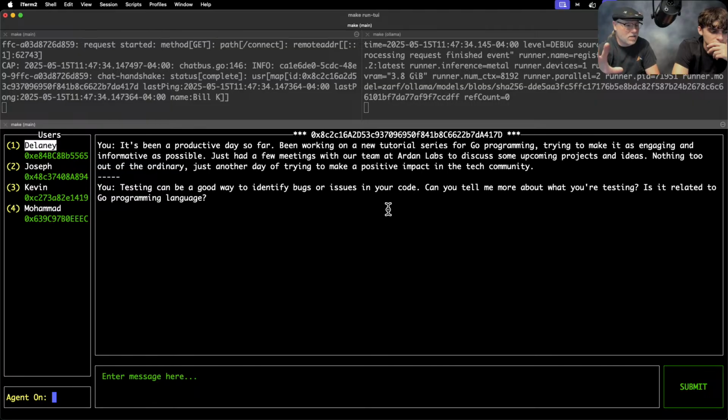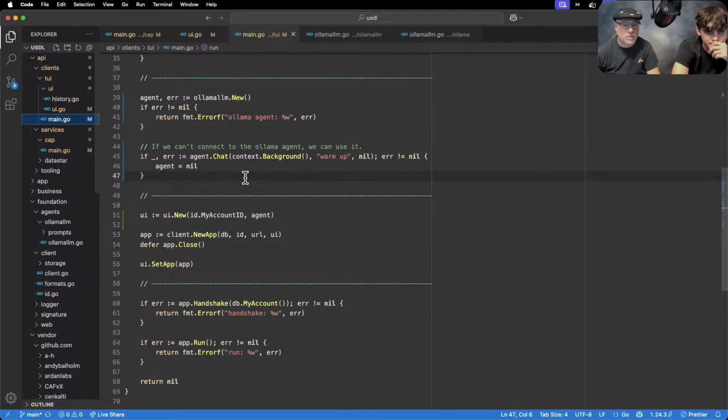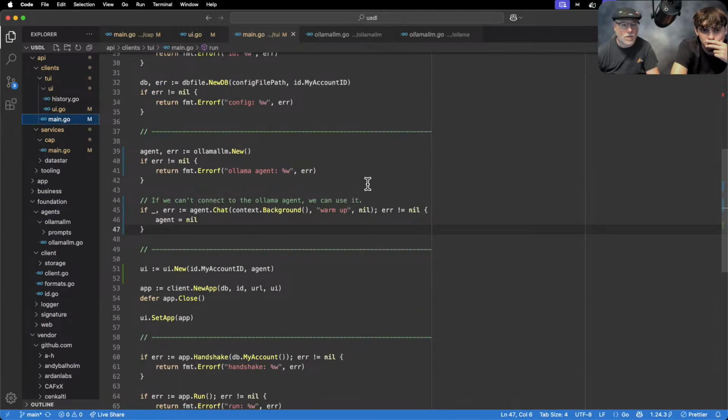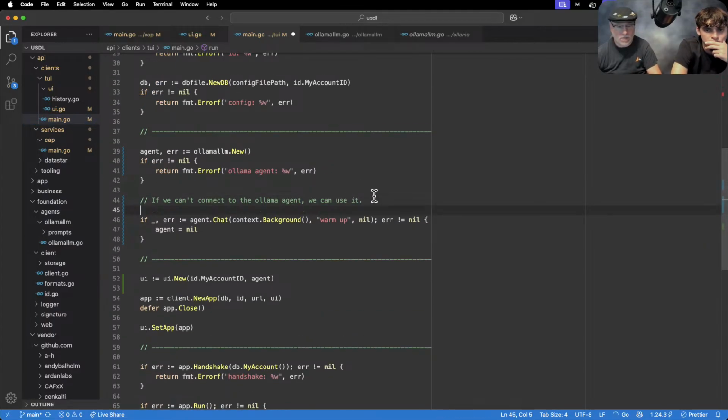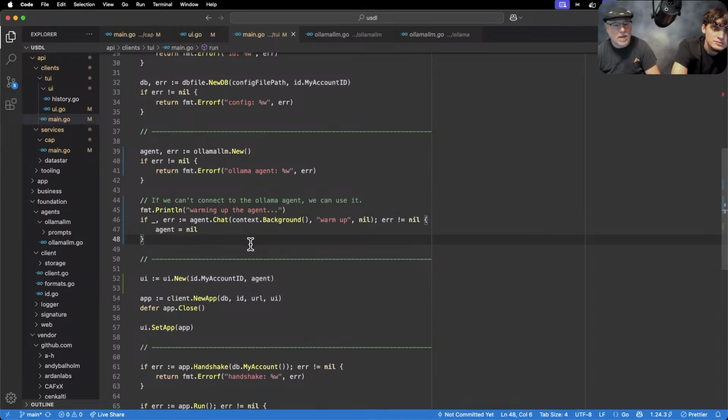And so that's why it took the client a little bit. So what we could also do to help that a little bit is do something like pump.println warming up the agent. That way,